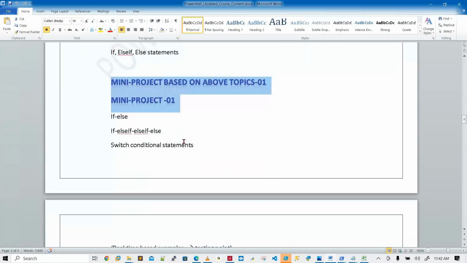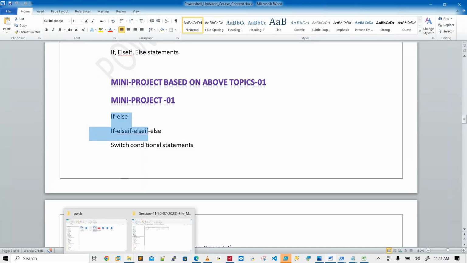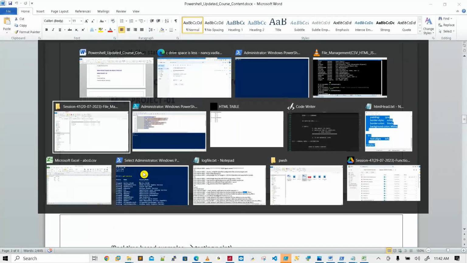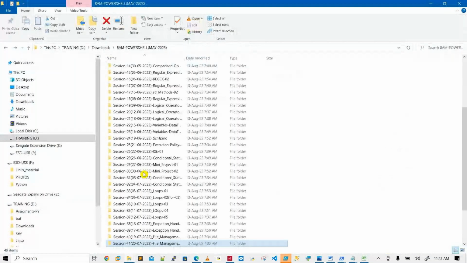I said four pillars are important. That is if a conditional statement and loops, and WMI objects. In WMI, you will get an ultimate subject. How to extract service details, anything here. How to find out, for example, you can see, and the examples also we will get from your end only.